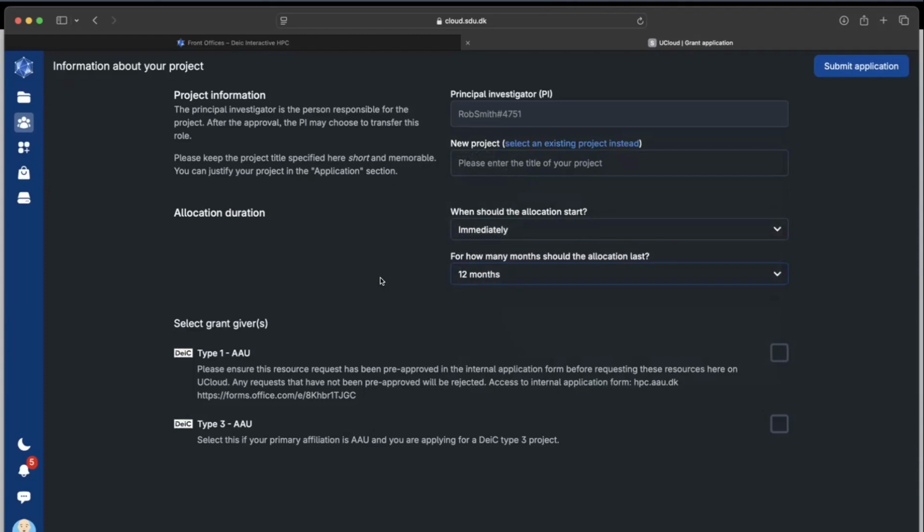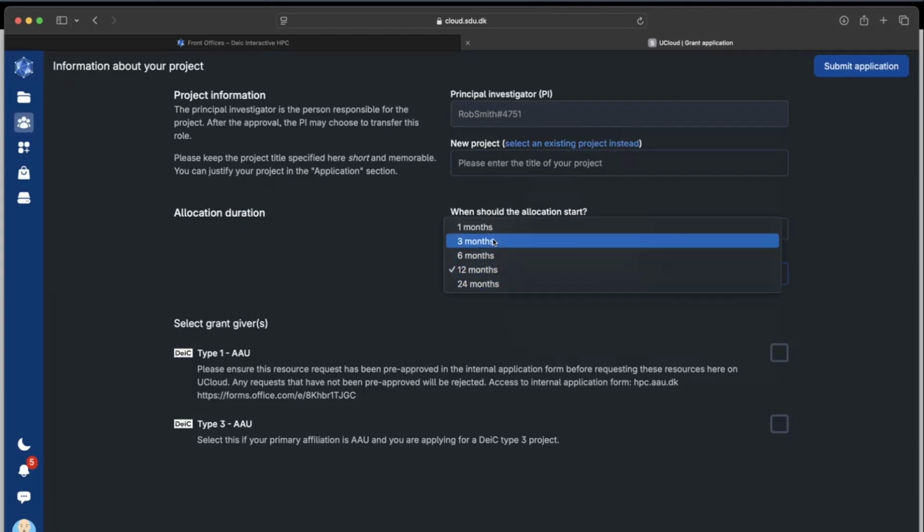The very first time you apply for a project, and in that project, you're provided with allocations of different resources. Those allocations are going to be affected by the amount of time you specify here. The project itself will continue to exist indefinitely, but the underlying allocations are going to be modified by changing this